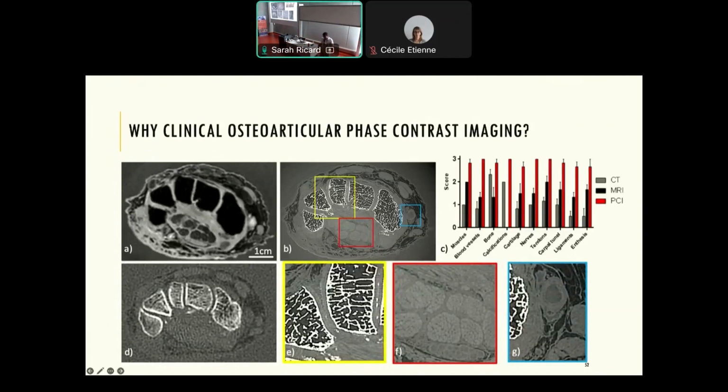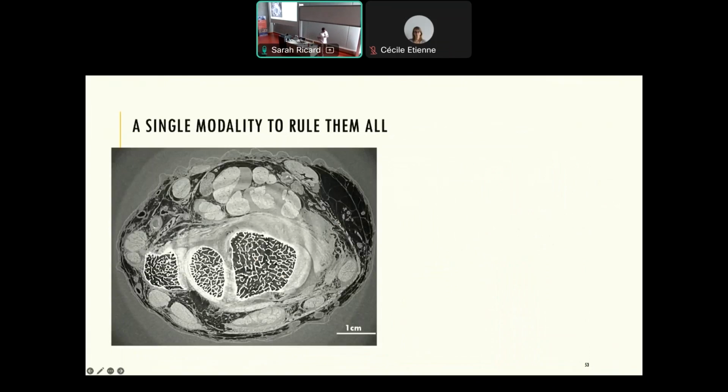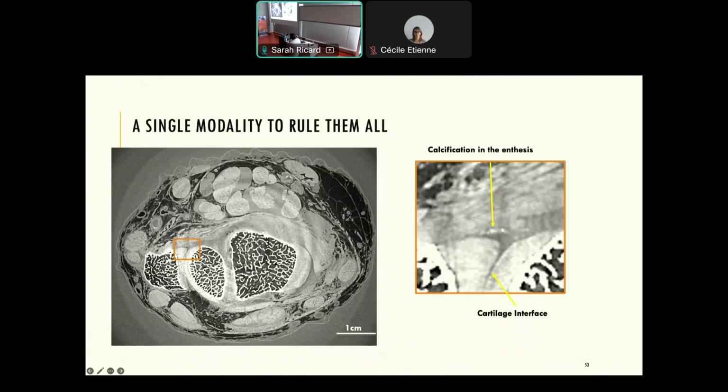the woman who had a chondrocalcinosis. So you see really well the calcification. You see some of them in MRI, but only the big ones, as well as in conventional CT. And once again, you see this small calcification on the surface of the cartilage, which is probably an early sign of osteoarthritis. And I like to talk a bit about this fact, because, well, with a single modality,